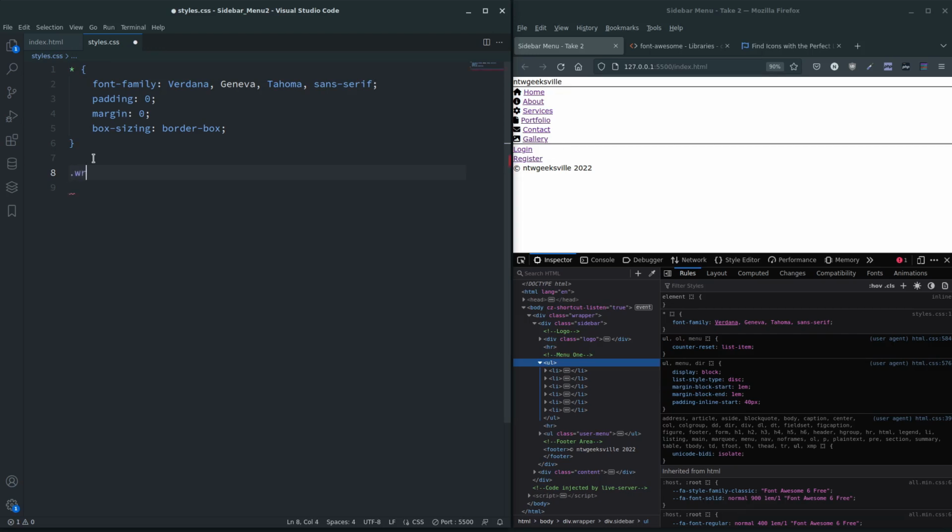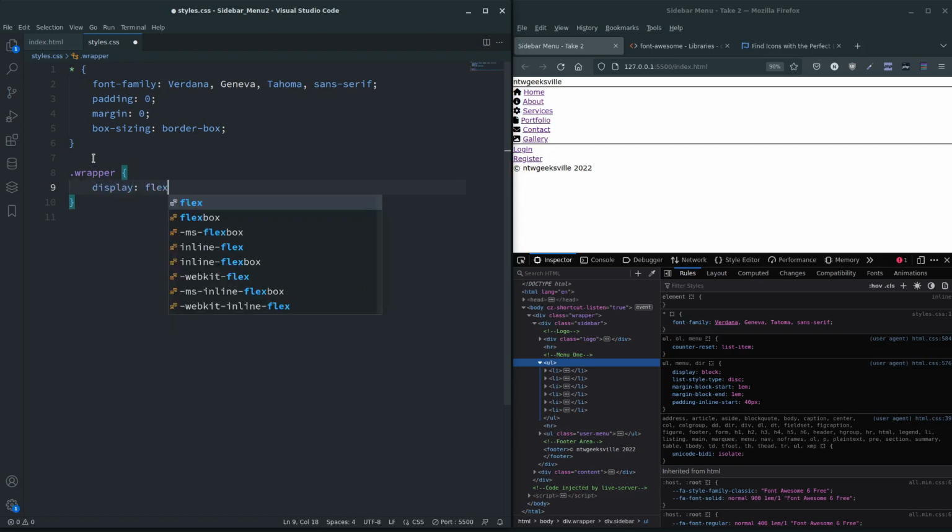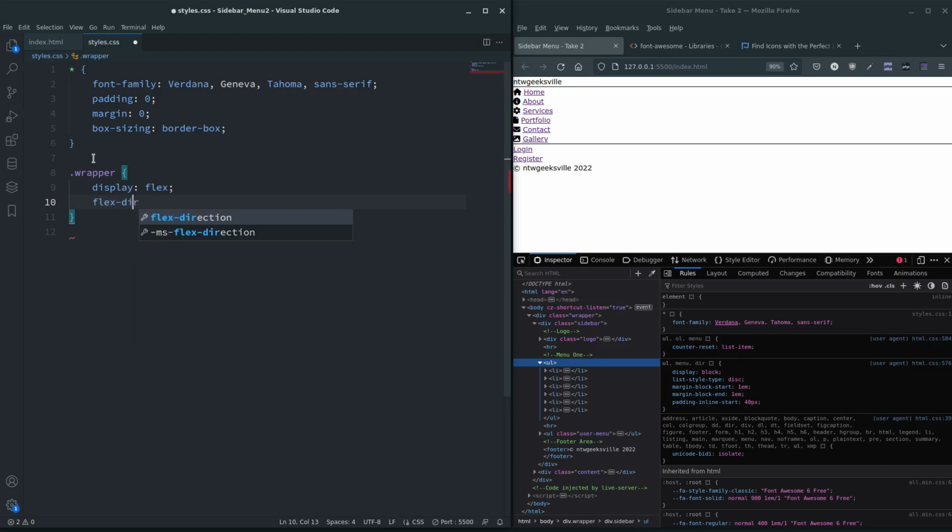So wrapper, we're going to do display flex on here because we want the sidebar and the content next to each other. So flex direction row, I can never remember which one's the default, but I think it is the row, it's the default. I think I've said column before, but